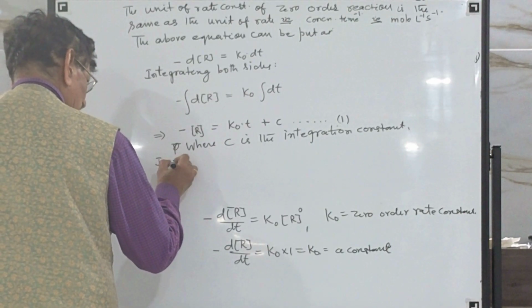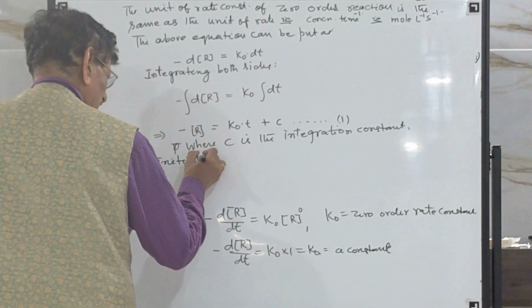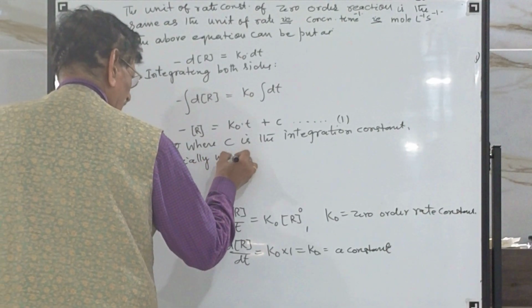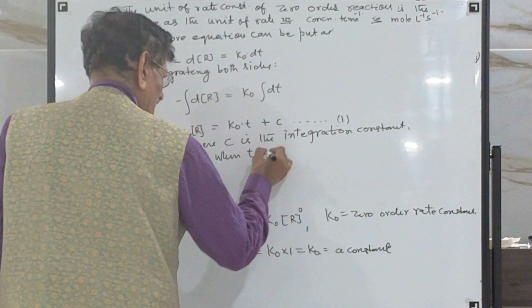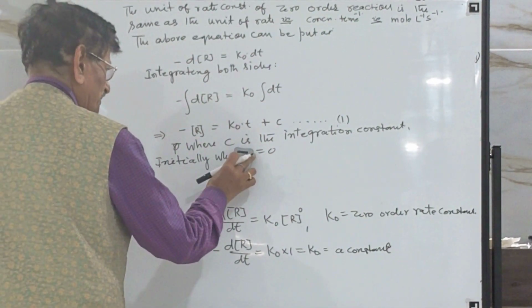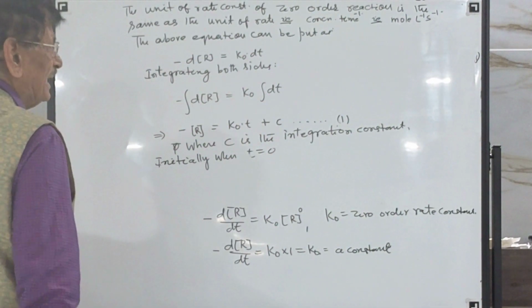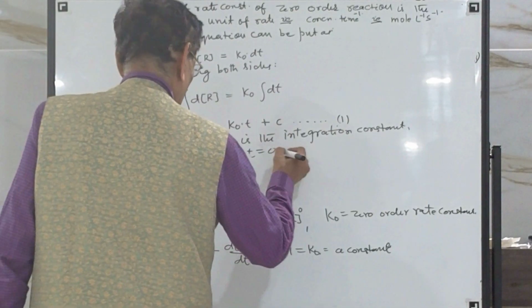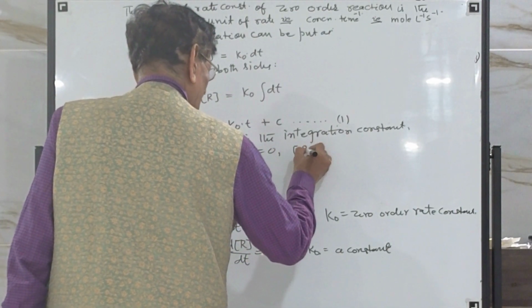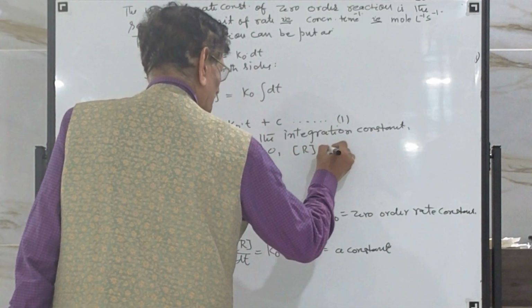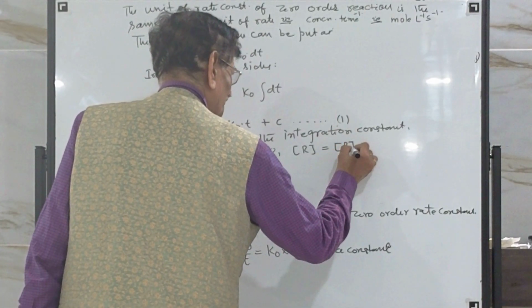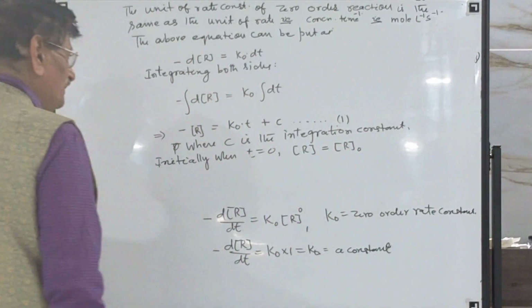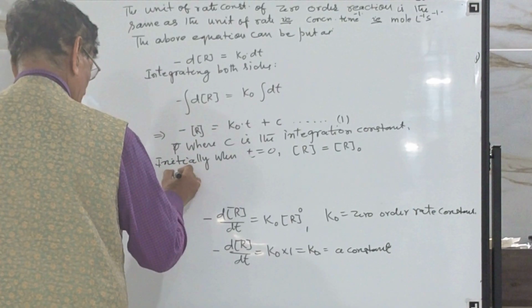Initially, when T was 0, concentration R was equal to R naught. Putting this in the above equation,